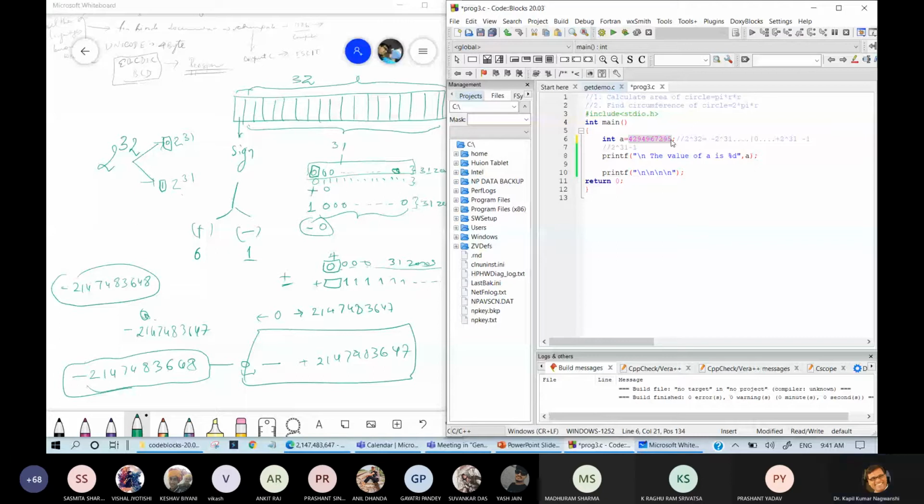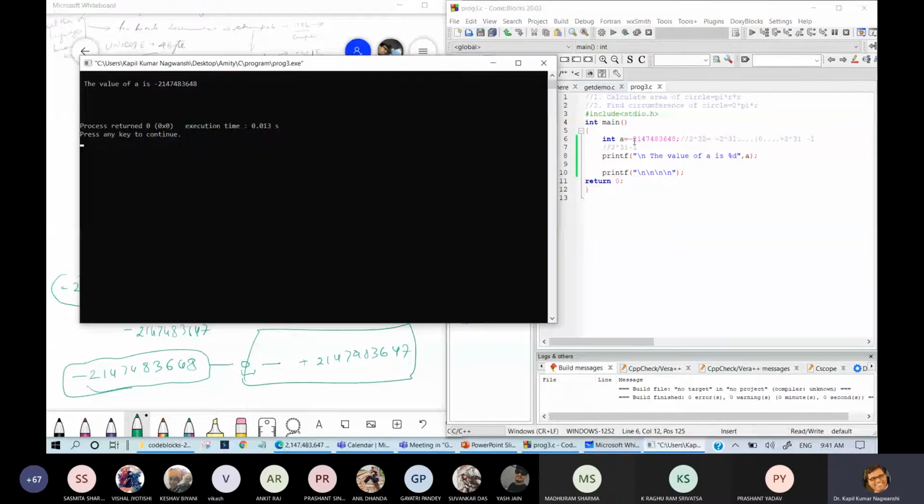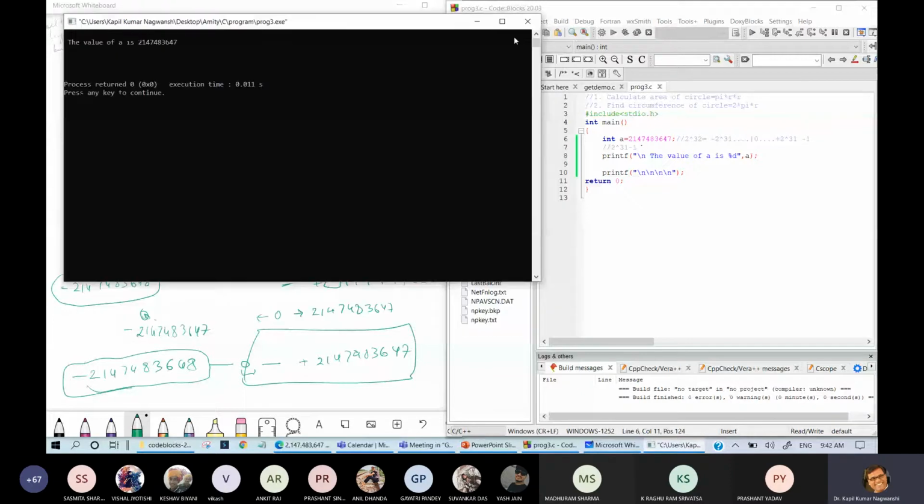Because the next number is the same number, and if I am writing minus also, the answer will be the same. In minus the answer will be the same, even in plus it is just the same because it stores the bits value, and that's why this will give you this answer. If I am writing 7 and I remove this minus from here, then the positive number will be coming. So that is the range restriction of any data. Okay, clear?